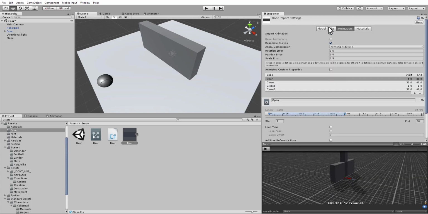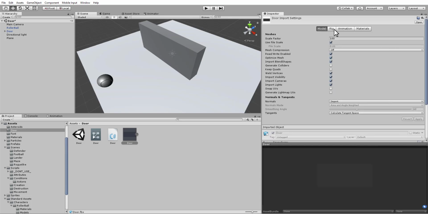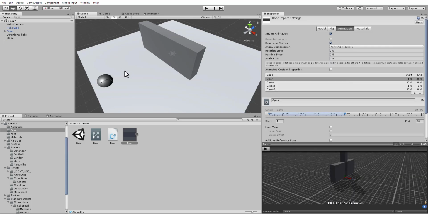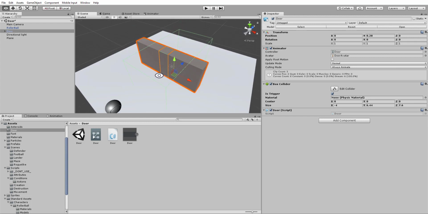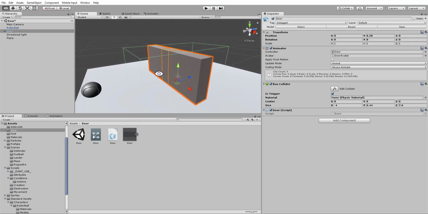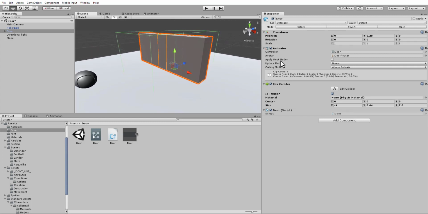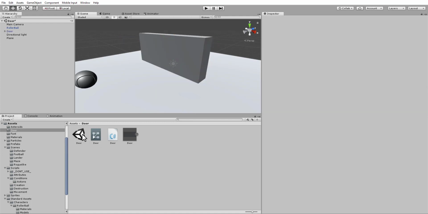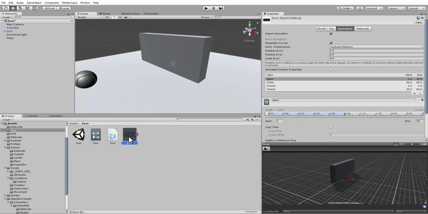Yes, we have materials, we have our rig, we have our model. So what I've ended up doing was I added this into the scene, okay? And it's simply created as the transform, the animator, and a box collider, and then this little door script. So you can see all my parts and pieces down here. So by default, it will not have an